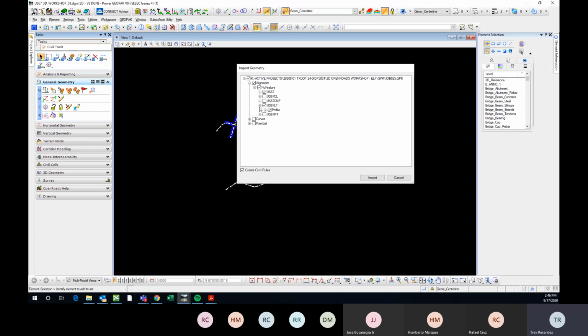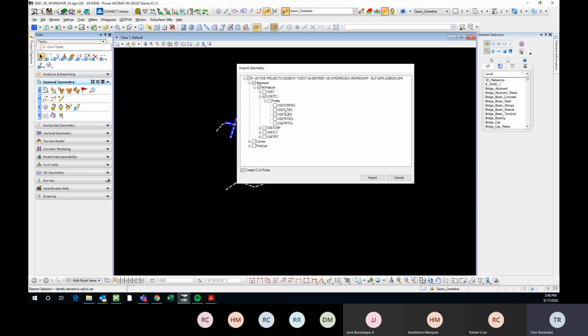Then you click the little plus, and it asks which profile you want to pick. If you were to click all these, it would give you all those profiles, which may not be what you want. It may be, for some reason, you have it set up that way, but I usually don't. So I'm just going to bring in the horizontal for the US67 centerline,